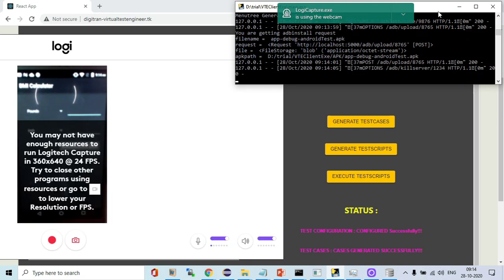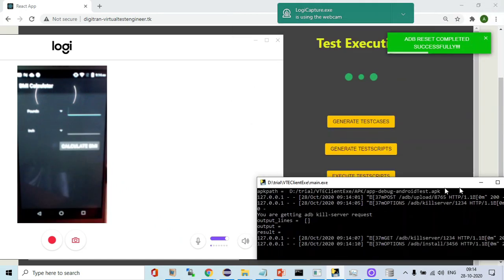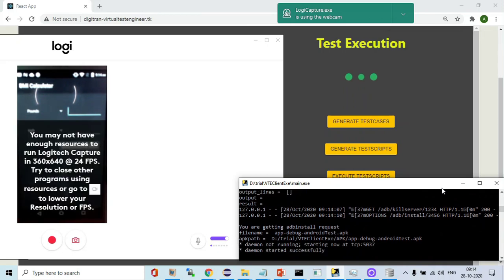So there is a toast pop-up coming at the back end. Let us move this slightly down. The toast pop-ups show the progress.